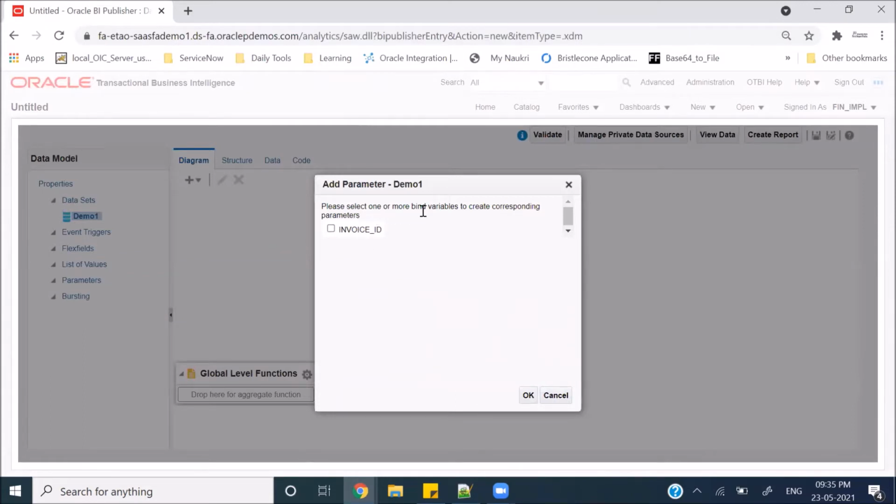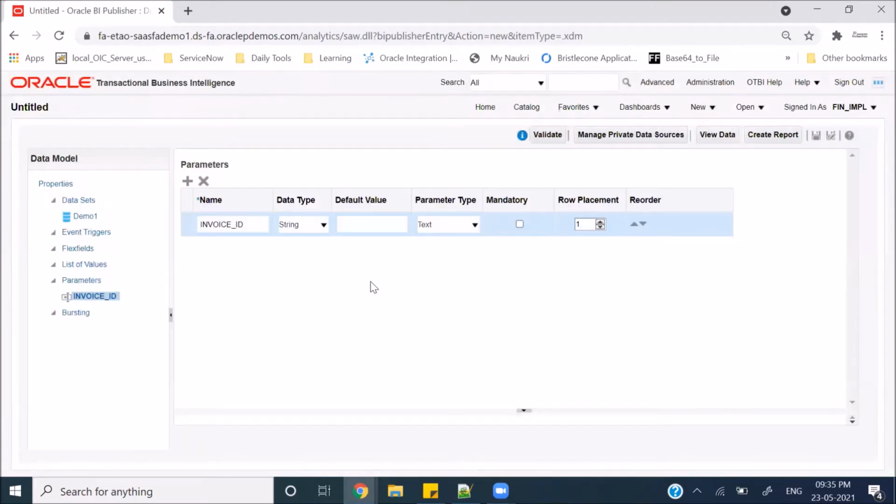It says please select one or more bind variables to create corresponding parameters. You just need to click on it and click OK. It will take you to the parameters window. Now you can see one parameter got created with the name of invoice ID. Data type you can choose any which you want, whether it's a string, integer, boolean, date or float. These options are there. As of now, we'll go for string.